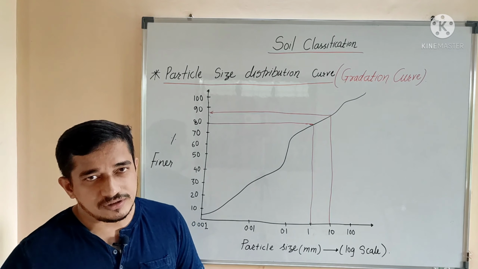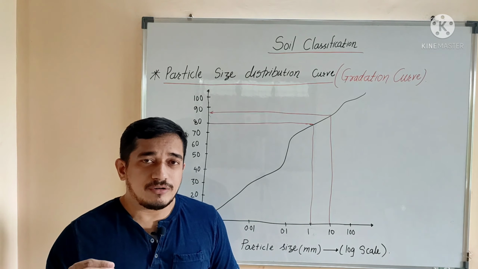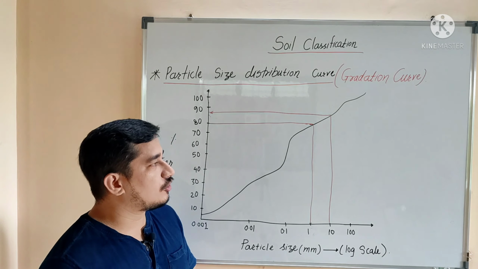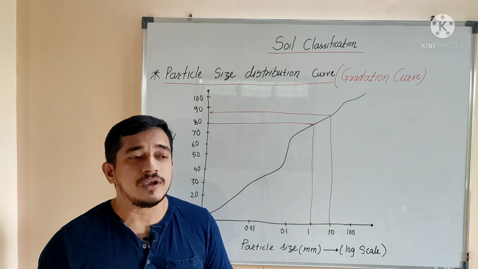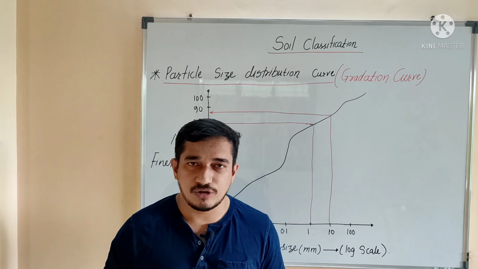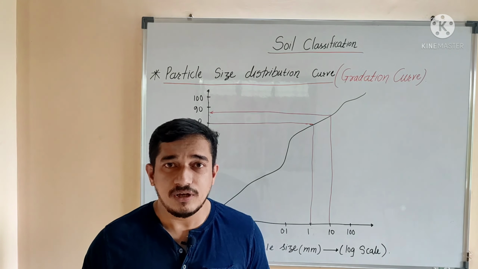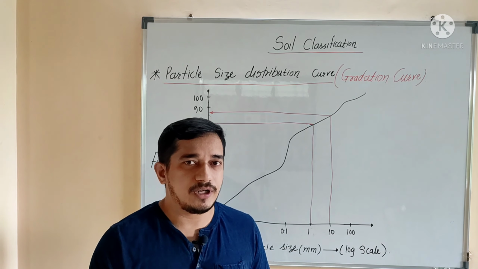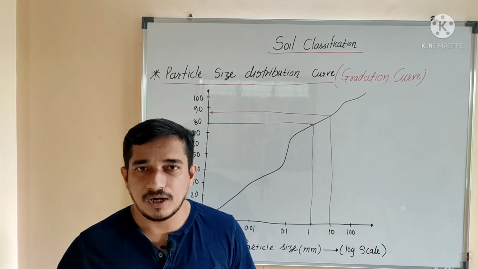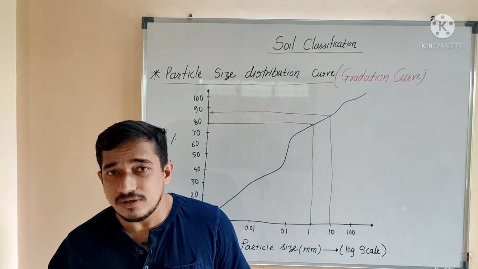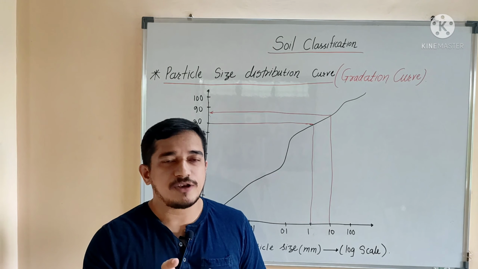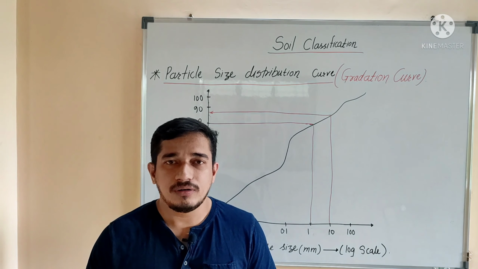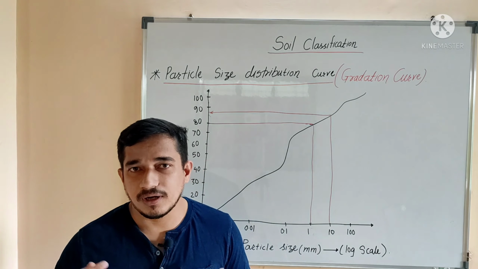But before going deep into sedimentation analysis, we will go through the procedure for finding the percentage finer, or computation of the percentage finer. As we perform the dry sieve analysis, wet sieve analysis or sedimentation analysis, after performing this experimental work, we will get a report that on a certain size of sieve, a certain mass or percent mass of soil is retained. Depending on that we have to plot a particle size curve or a gradation curve.